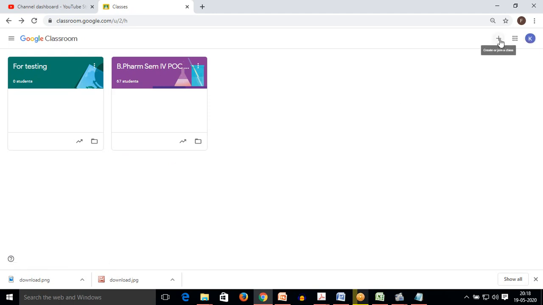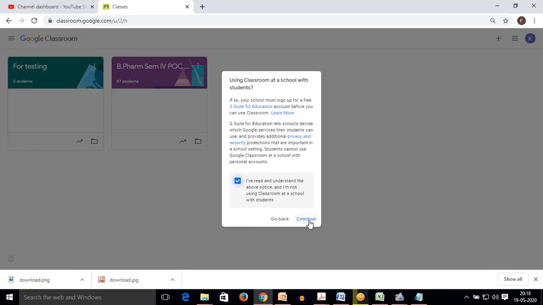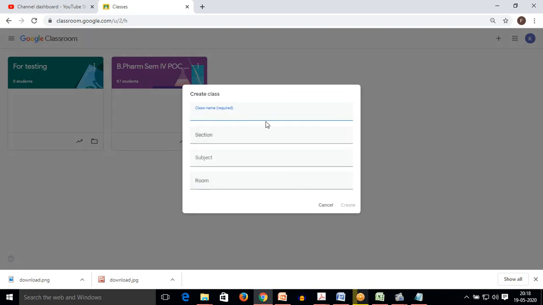I am showing you how to create a particular class. Using this create button, we can create an individual class. You can see that it is asking to create a class. So I am saying just for quiz purpose. You can write your name particularly. The section this quiz is going to be focused on is graduate, and the subject, suppose, is chemistry.